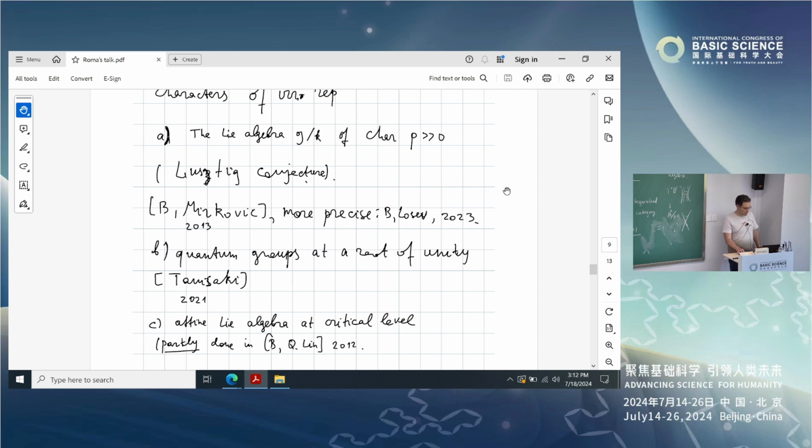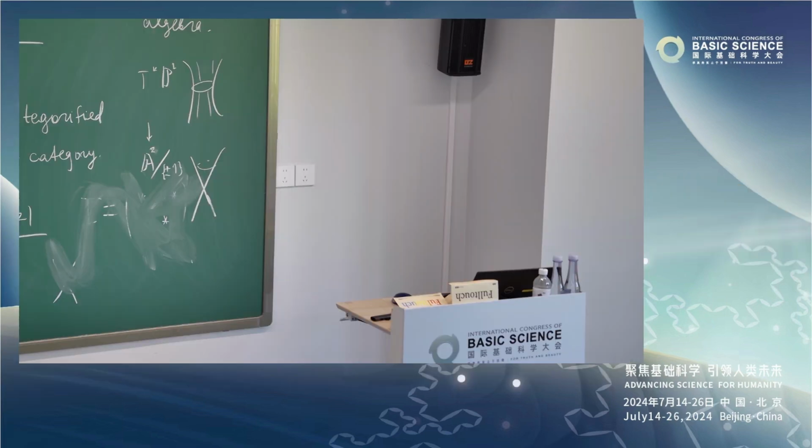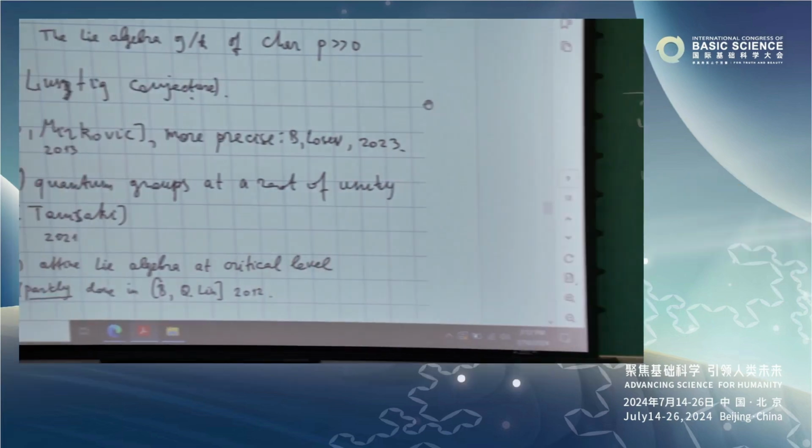So a series of papers over the years, culminating in a paper in 2021. And then there is the application to affine algebras at the critical level, which was only partly done. So part of it is an open problem, but it's worked out. And I just want to say that in all these cases,